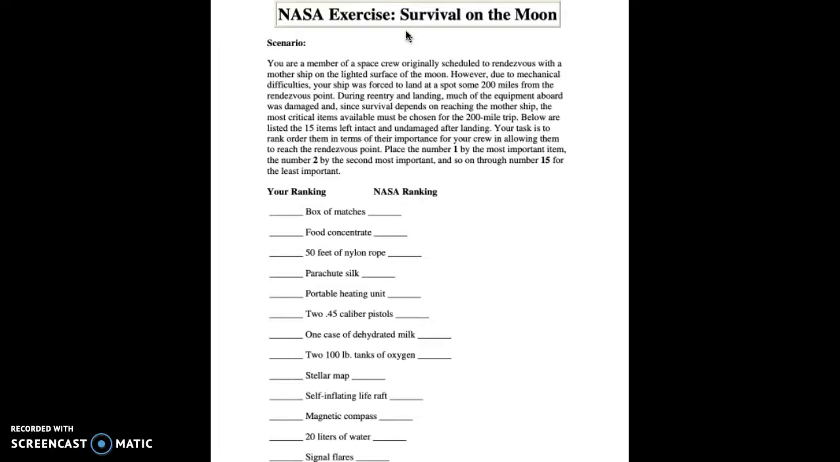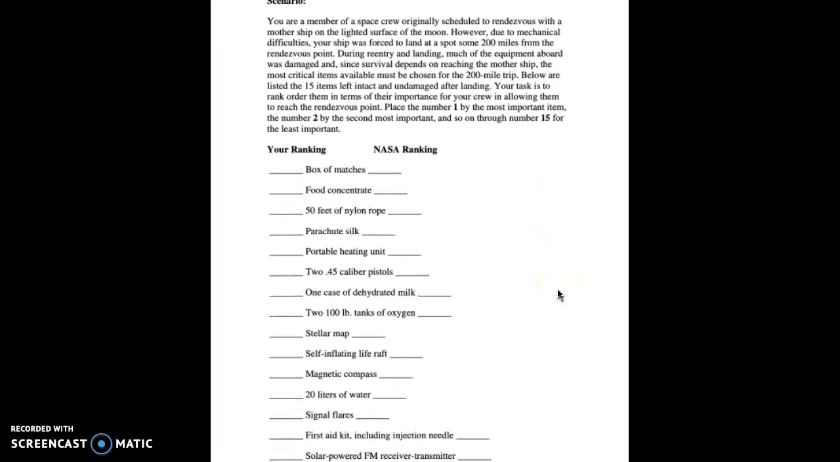Your task is to rank them in terms of their importance for your crew and allowing them to reach the rendezvous point. Place the number 1 by the most important item, the number 2 by the second most important, and so on through number 15 for the least important. So you're going to go through and rank these 1 through 15, 1 being the most important, 15 being the least. You can do this with one partner if the sub allows it, or you'll do it